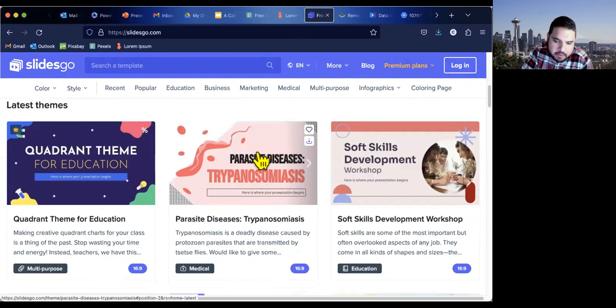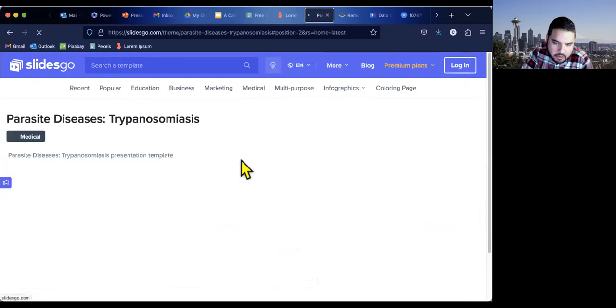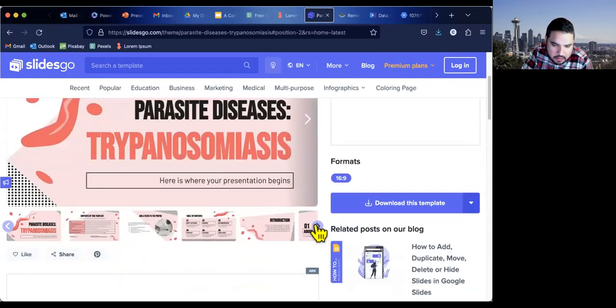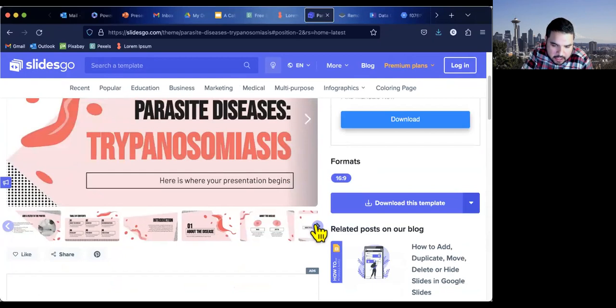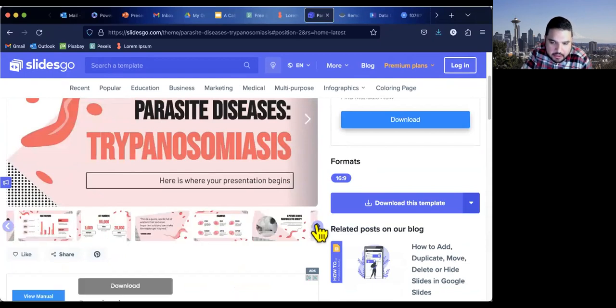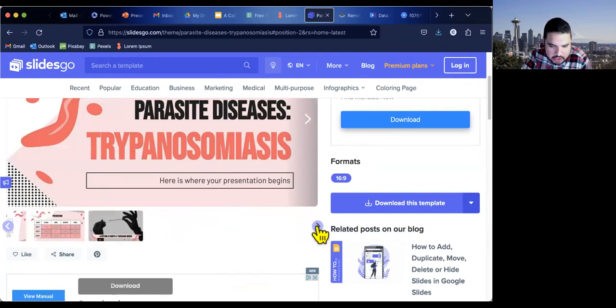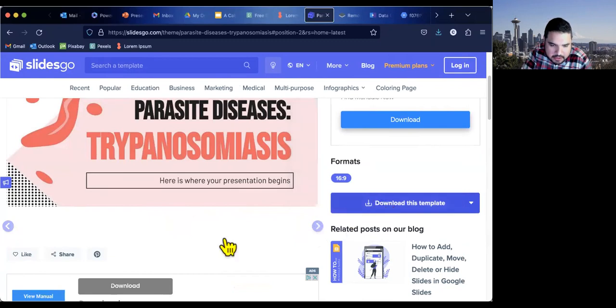So I'll give you an example. If I click on this one here, there are different layouts, and you can get some inspiration on how those things are laid out for you. Especially if you don't have a design eye, or a design background, you can get some suggestions on these. And these are free to download, so you could download this template.